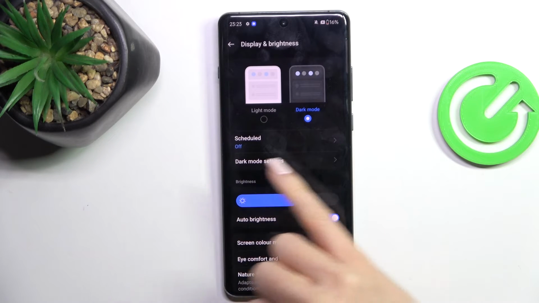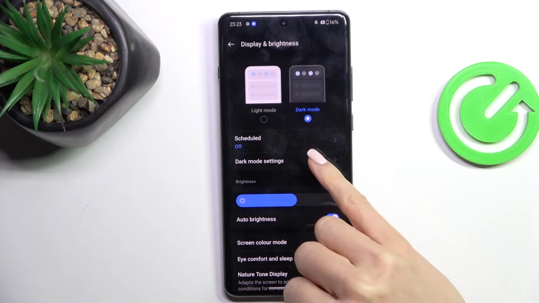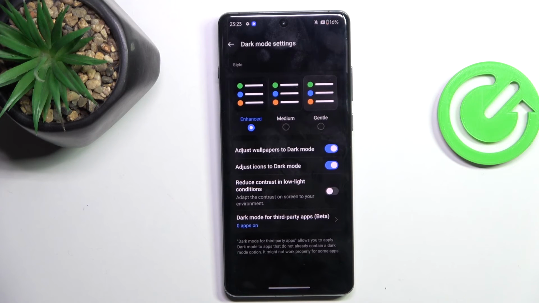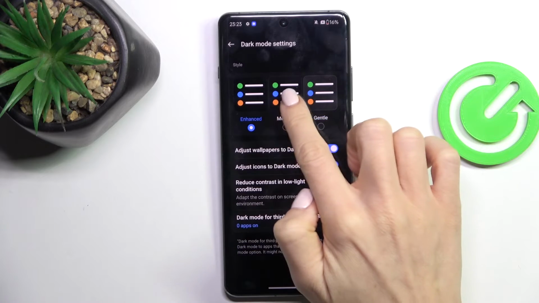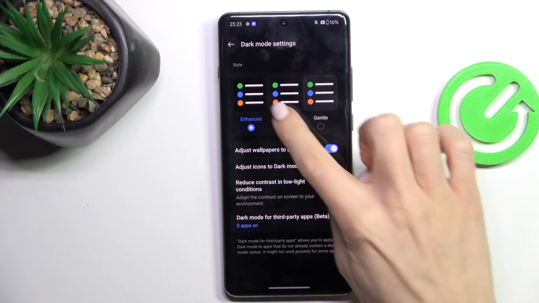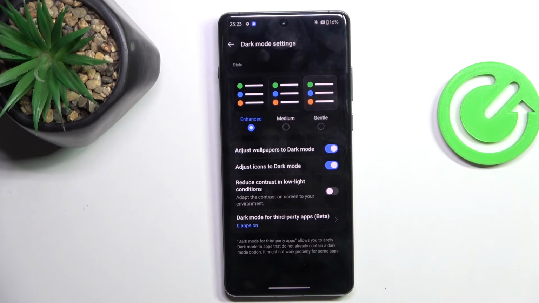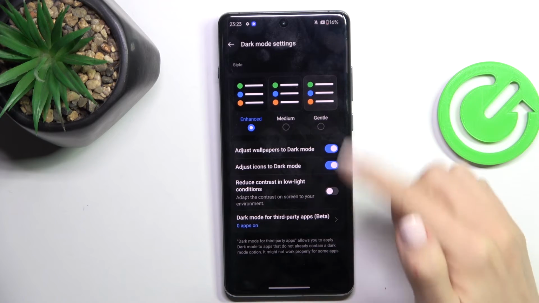You can also enter the settings, so just mark dark mode settings. And here you can change the style. As you can see, the display is changed. Then you can apply another wallpaper to dark mode, reduce contrast in low light conditions if you want to, and just personalize it